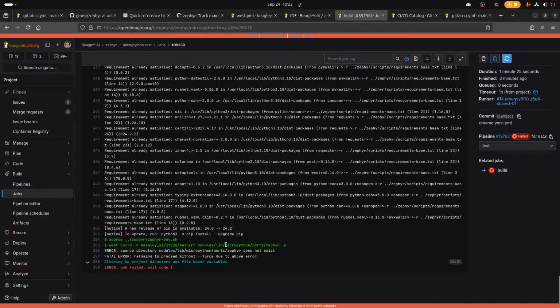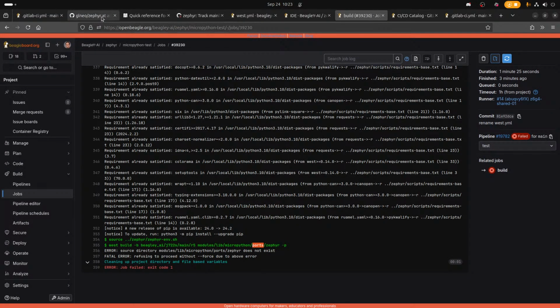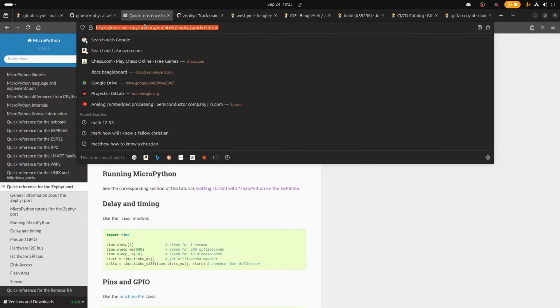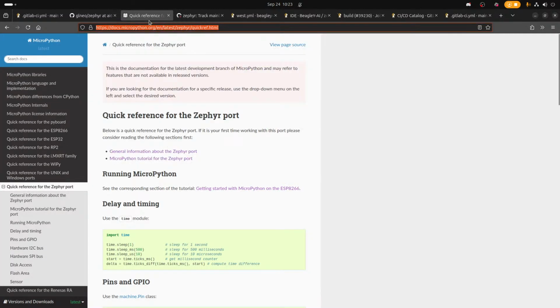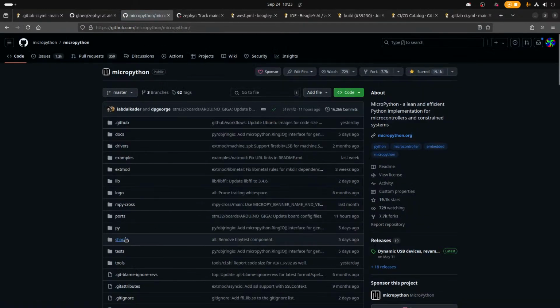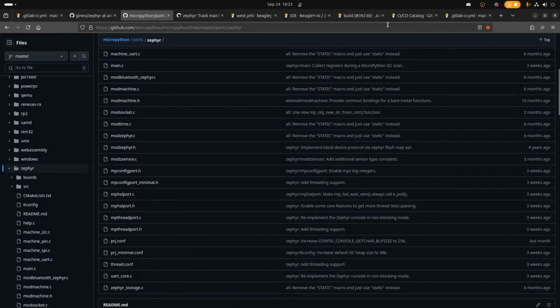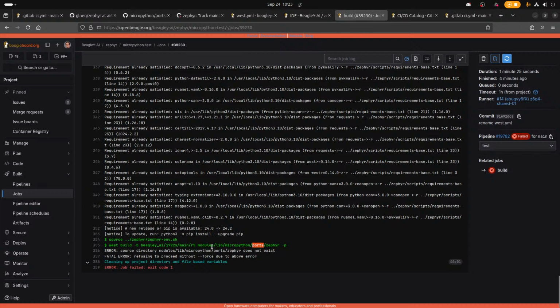Maybe there's a spelling mistake somewhere. Well, is it ports? Did I get that right? It should be. Where is MicroPython? It's ports/zephyr. Is that not what I said? Yeah. Modules lib MicroPython.